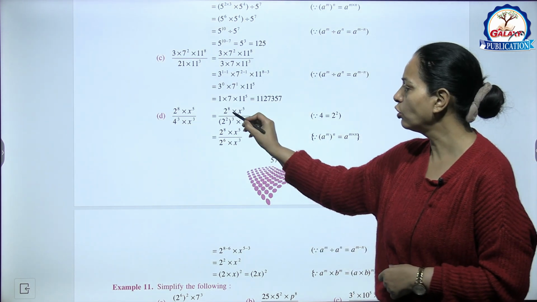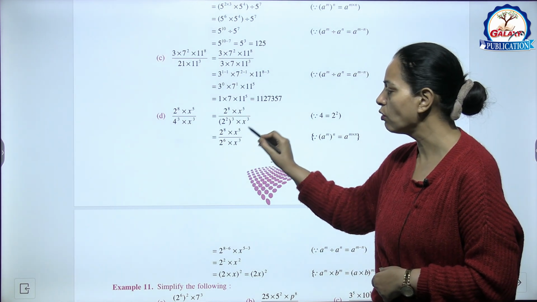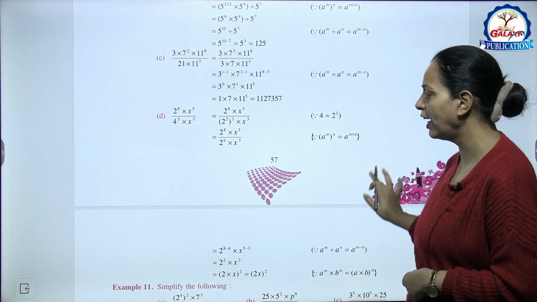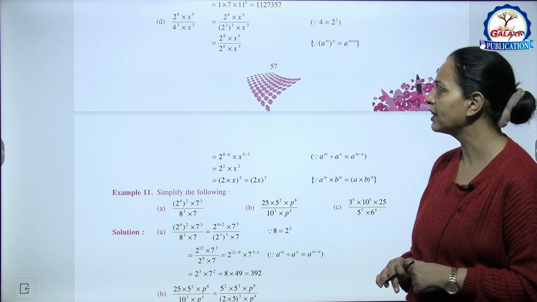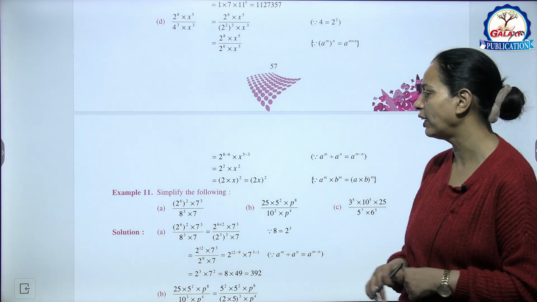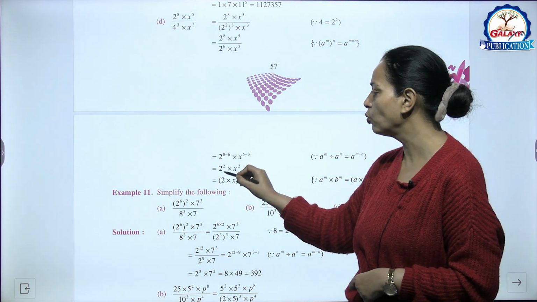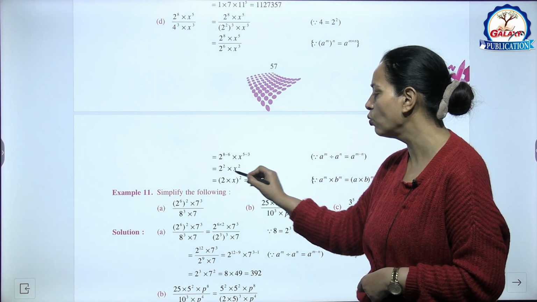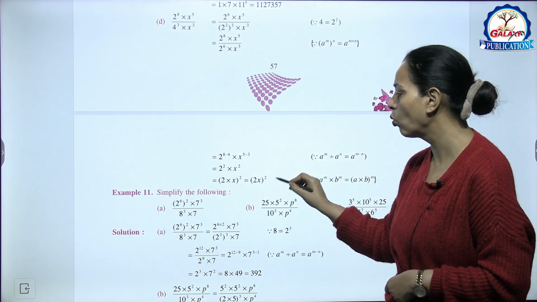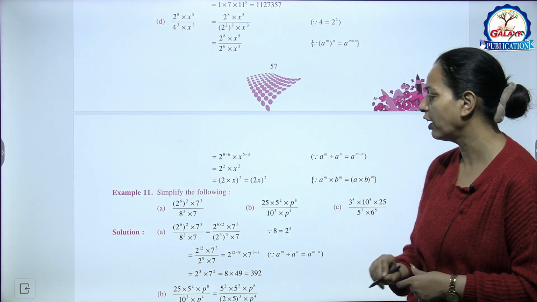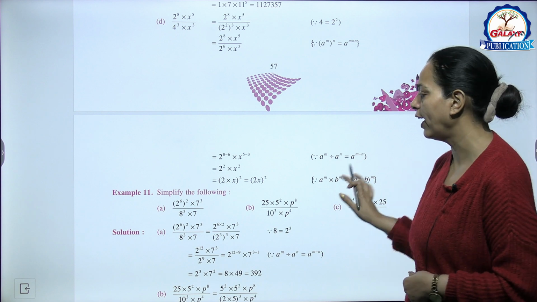Okay, and here 2 raised to power 8. So now simplify this. Division sign है तो पावर हम माइनस कर देंगे. 2 raised to power 8 minus 6 into x raised to power 5 minus 3. Now simplify 2 raised to power 2 into x2. So 2 into x whole power 2 means 2x whole power 2. इसे हम simplify करेंगे. You will get 4x square.